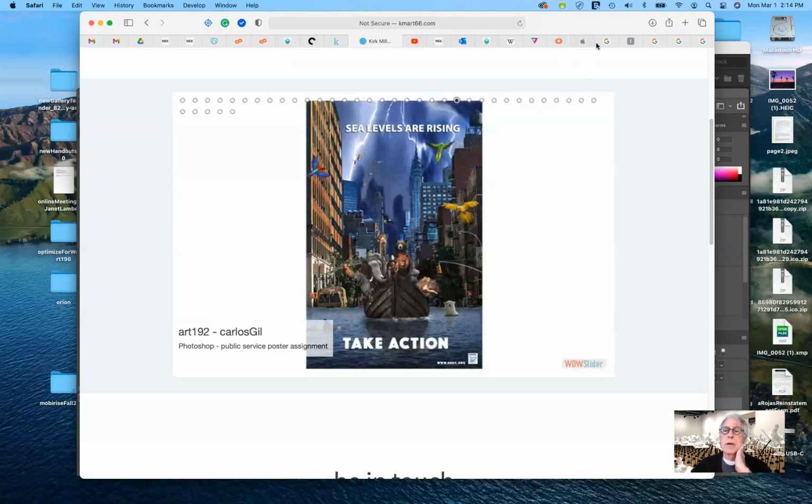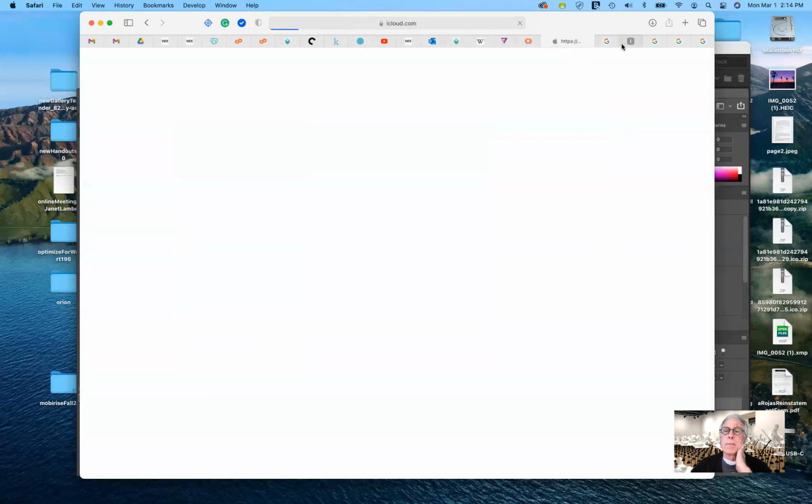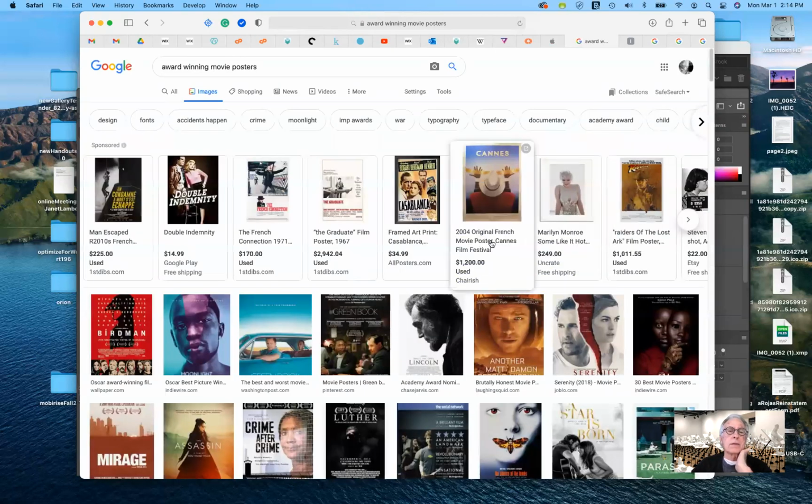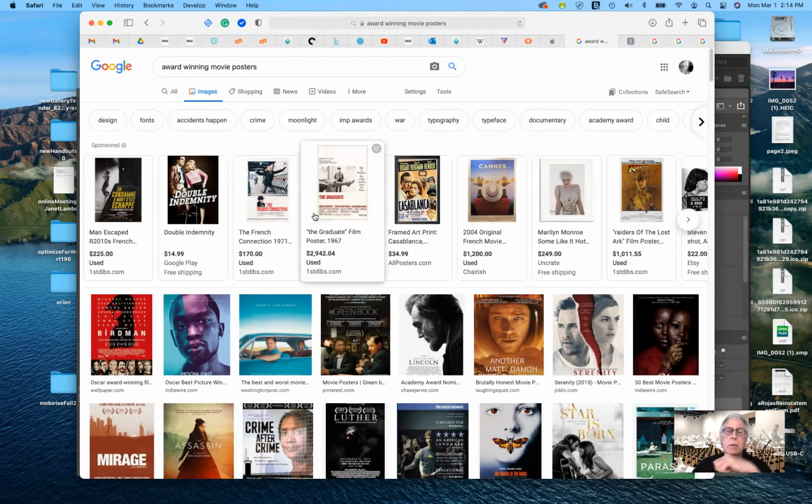Now, this will probably date me a little bit, but hold on here. There we go. I have a Pinterest folder that we could look at, but also, and this is something that I encourage all of you to do, is to do a simple Google search, and I put in award-winning movie posters. Some of them are terrific and some of them stink. So it's kind of a broad tag that's used for these, but I wanted to show you some that I think are outstanding, and I'll explain why.